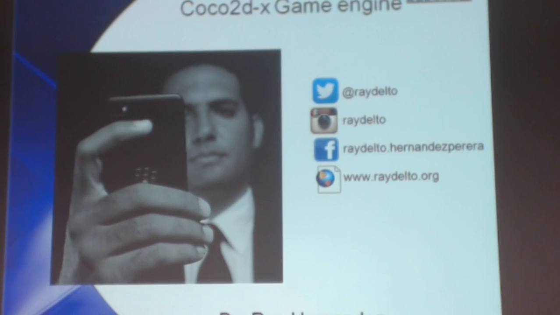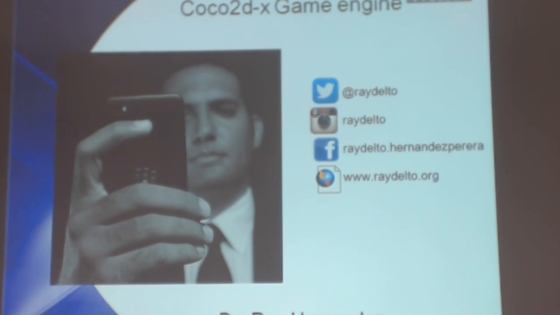Something interesting about the framework is that it was created by a Latin American guy, from Argentina. That's why Cocos, it means coconuts. That's the name of the city of that guy. There's a city in Argentina called Los Cocos, and he called the engine Cocos. And you might have heard about Cocos2d, not the X, but Cocos2d. Back in the early days of the App Store, a lot of people became millionaires. Remember that bubble of the App Store, a lot of people created games, and most of those games were created with the original version of Cocos2d.